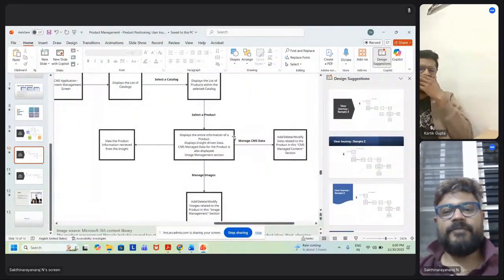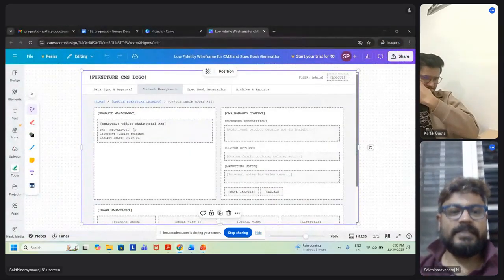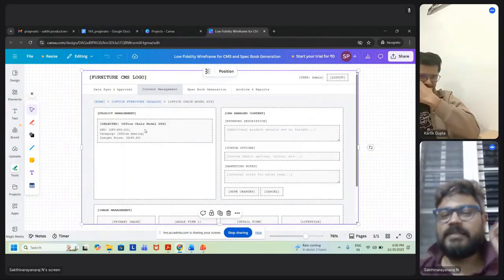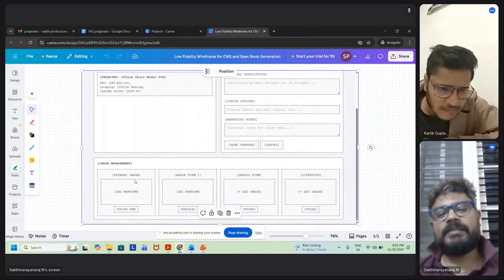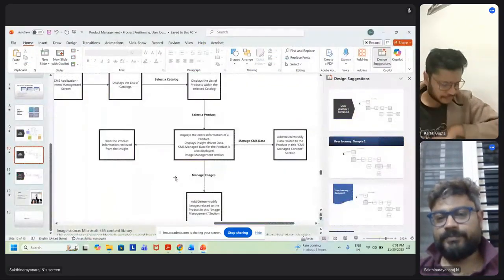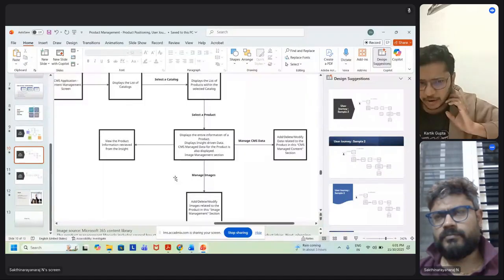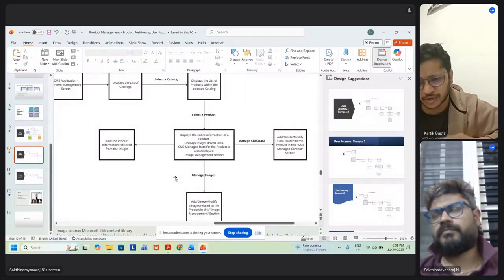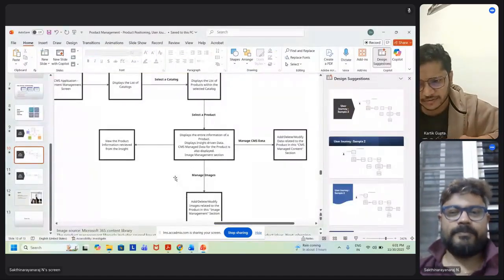It displays the entire information of a product: the insight driven data, CMS managed data, and image management section. This is insight driven data. Insight is the name of the system we used. This is the CMS managed data, and this is the image management. So user journeys are of two types: we create them for how the product should be used, and also from the user's perspective, how the user is actually using it, to analyze in real time. That's right.